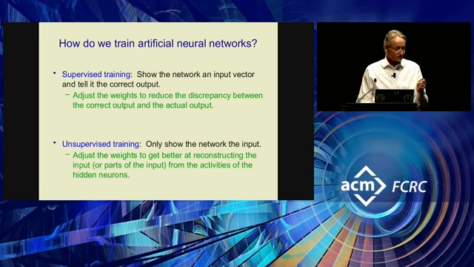There's supervised training, where you show the network what the output ought to be, and you adjust the weights until it produces the output you want. And for that, you need to know what the output ought to be. And there's unsupervised learning, where you take some data and you try and represent that data in the hidden layers in such a way that you can reconstruct the data, or perhaps reconstruct parts of the data. If I blank out small parts of the data, can I reconstruct them now from the hidden layers? That's the way unsupervised learning typically works in neural nets.